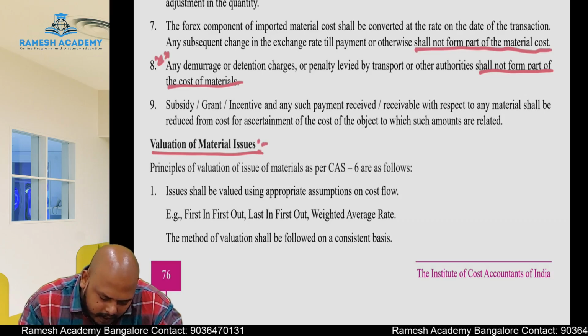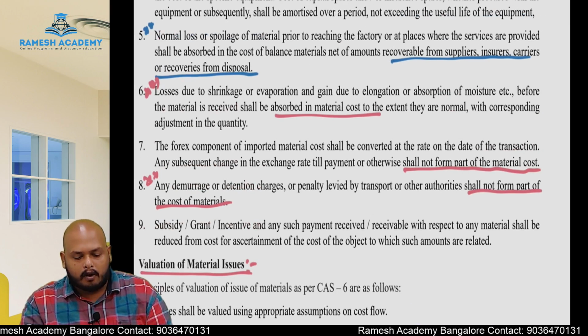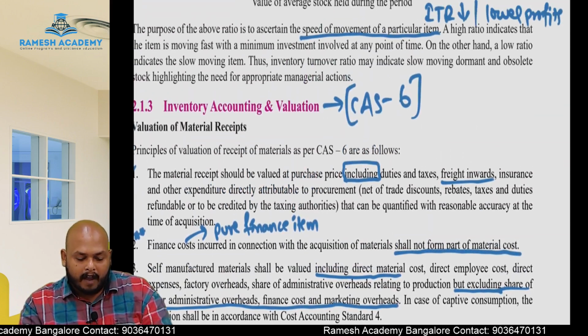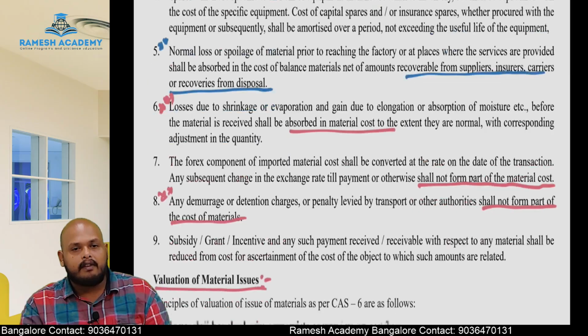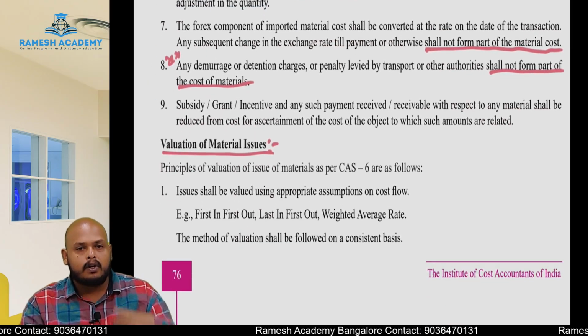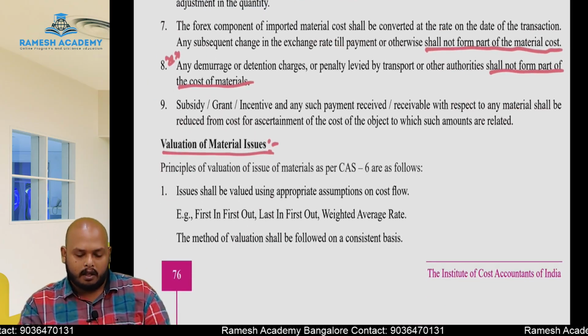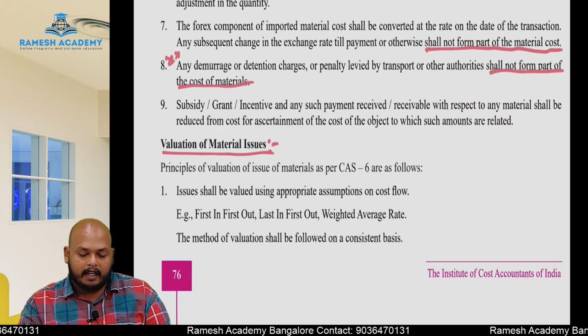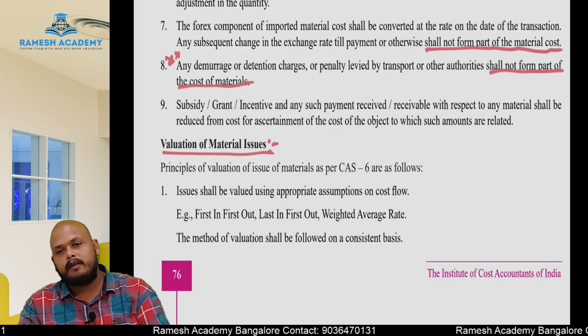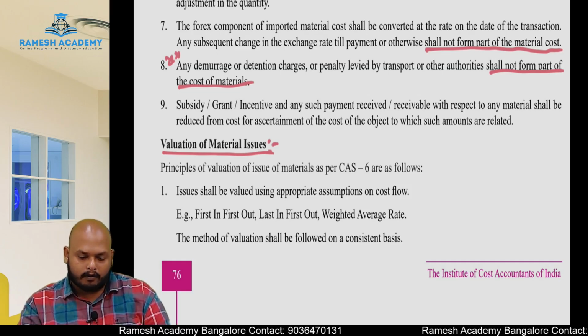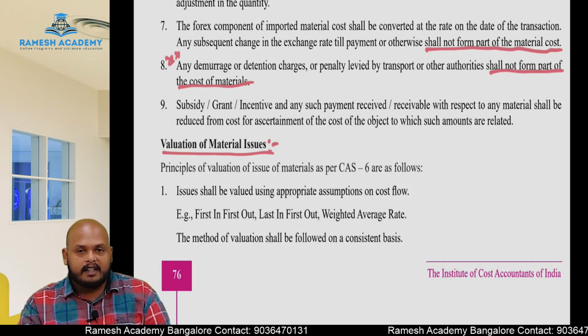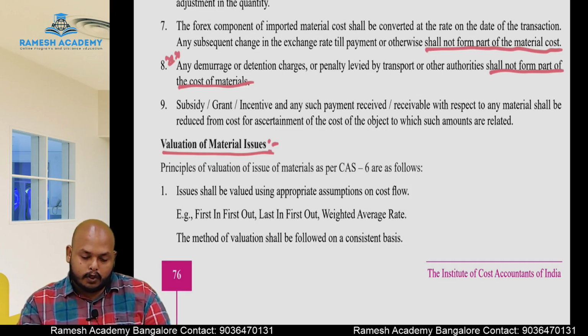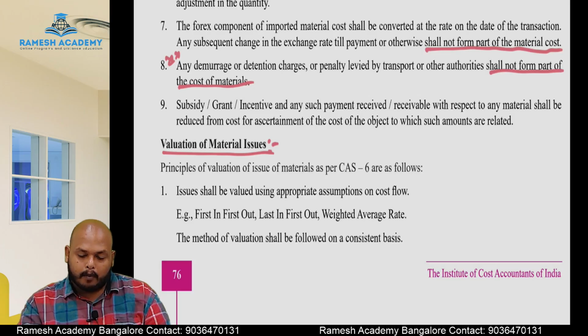Next, valuation of material issue. As of now, in Cost Accounting Standard 6, we saw valuation of material receipt, meaning when we are receiving the material, what things we should include and what things we should exclude. Now we are seeing the principles for valuation of issue of material, meaning while issuing the material, what principles we have to follow. As per Cost Accounting Standard 6, issues shall be valued using appropriate assumptions